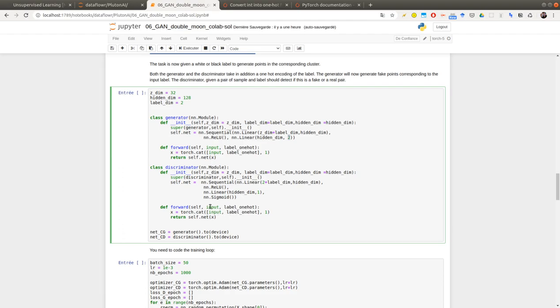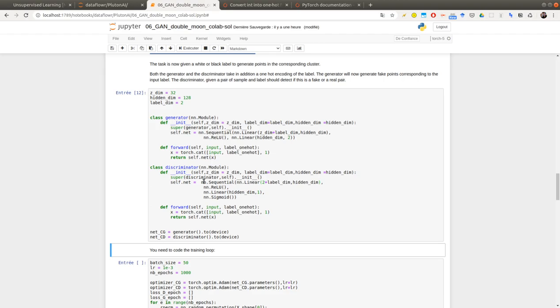And now the task of my discriminator is, given a point in 2D plus its label, to say whether it's a fake or a real one. So again, I modify slightly the architecture just by changing the size of the input of my discriminator. So this CG is for conditional generator, conditional discriminator.